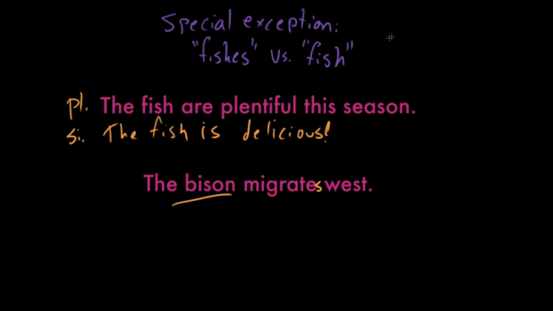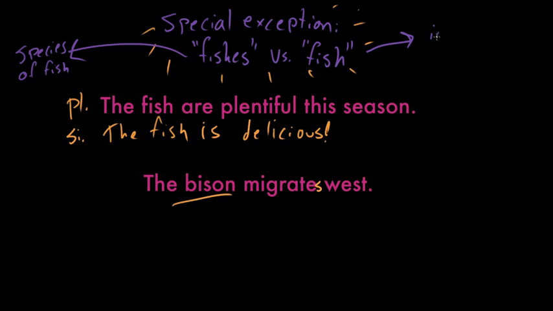As is so frequently the case, there is a special exception regarding the word fishes, which you may have heard before. And fishes is a word that we would use when we're talking about individual species of fish. And fish is the word that we would use to refer to individual fish. So let's say your Uncle Marty is a prodigious fisherman, and he goes fly fishing one weekend. He comes back, he has 30 fish. Marty caught